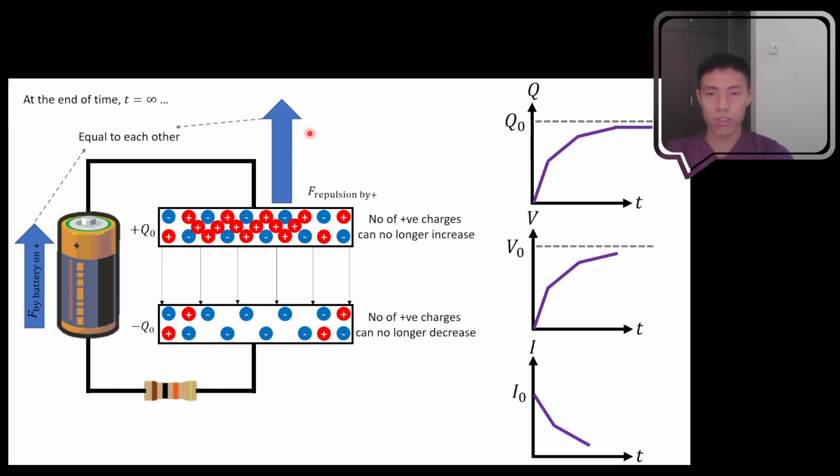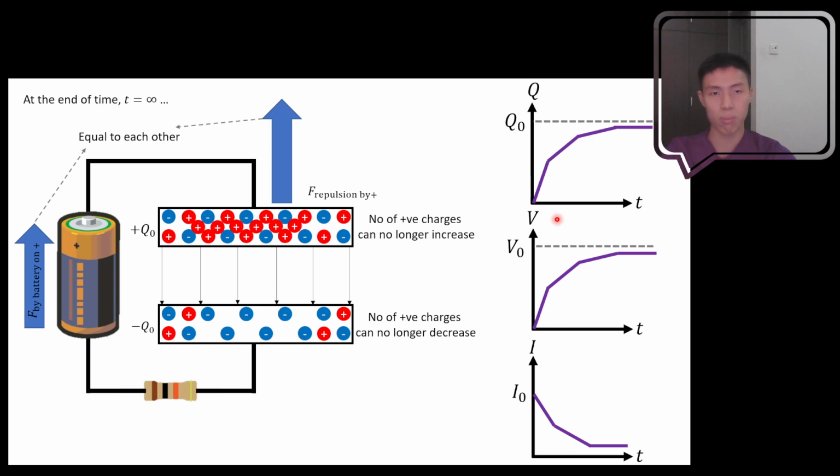Then of course you can see that the uniform electric field has achieved its maximum. That's why the potential difference across the plate has already achieved its maximum. Again, this is happening at infinity, so it does not exist on this graph. It's somewhere very far away, a long time later. So the current also approaches 0. So this is the graph that we are supposed to get for Q, V_C,